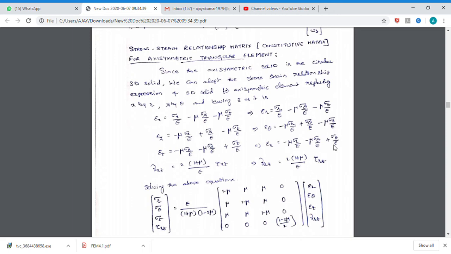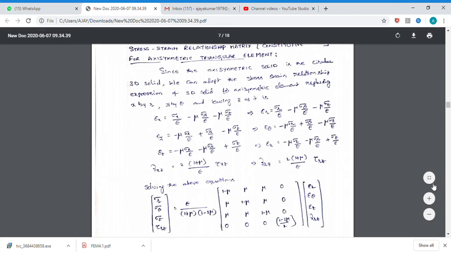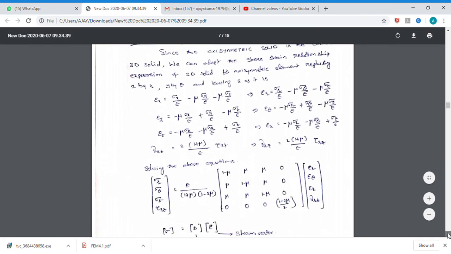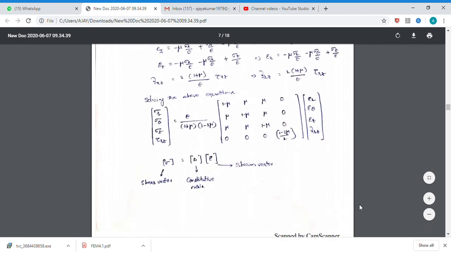Now, while solving this equation, just as we got the stress strain relation in the plane stress condition, in the same manner here also we will get E by (1 plus mu) into (1 minus 2 mu) times the matrix with 1 minus mu, mu, mu, 0; mu, 1 minus mu, mu, 0; mu, mu, 1 minus mu, 0; and 0 0 0 (1 minus 2 mu) by 2, into epsilon r, epsilon theta, epsilon z, gamma rz. This is the relation we will get if you solve this equation. Earlier we solved it in the second unit. This derivation is not important, that's why I directly wrote this step.